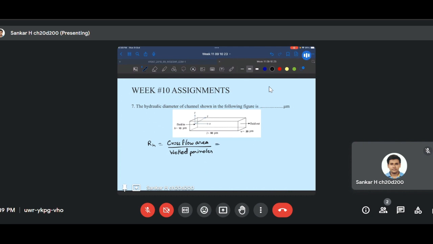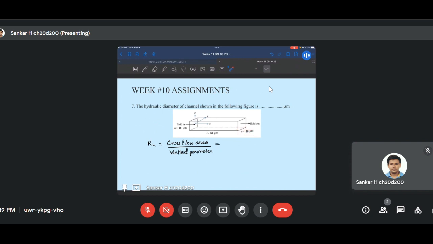And the answer will also change appropriately, because the heated perimeter need not necessarily be heated across the entire face. Only one face may also get heated up. So let's just look at this. The cross flow area would refer to the area that is occupied here, and it is given that the fluid height here is 10 micrometer, and the width of the channel is